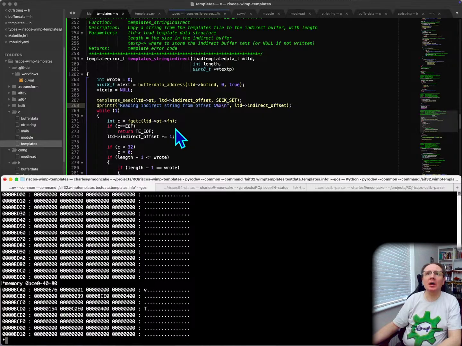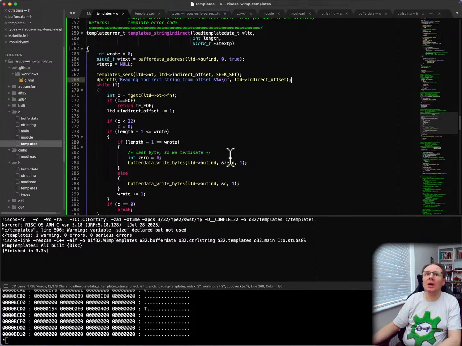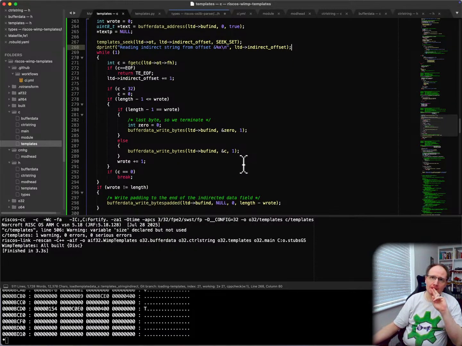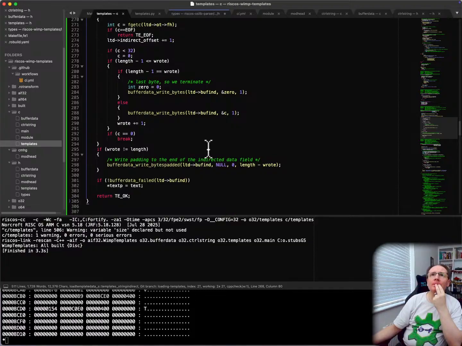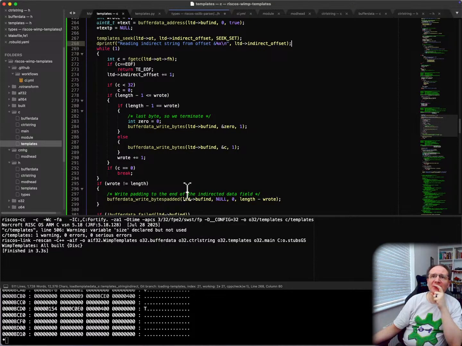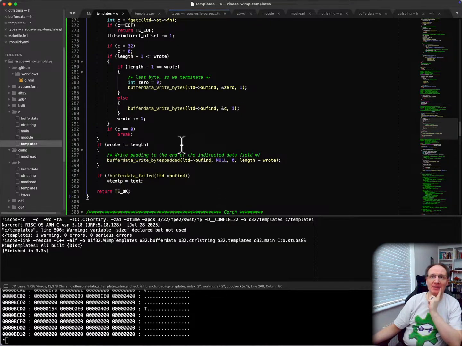Nothing there, what? Very confused. We're adding to the indirect offset, we're adding to the buffer ins, we're writing the bytes that are padded,